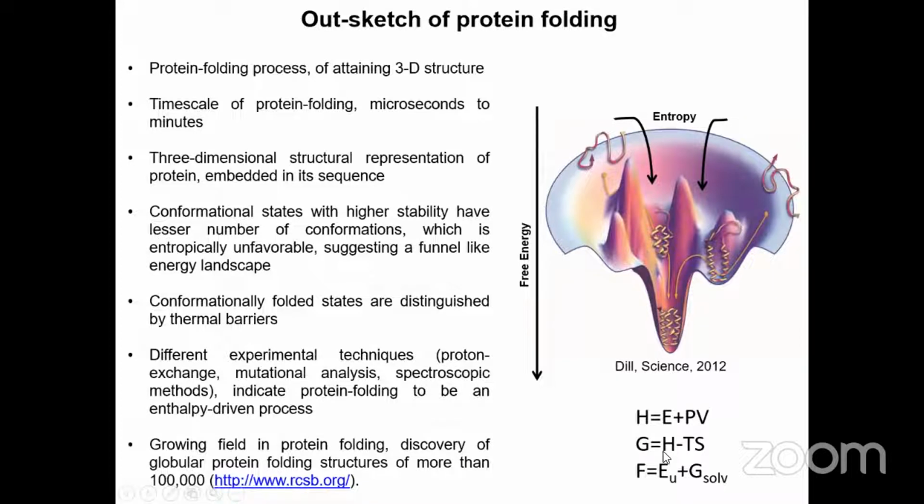Gibbs free energy, which actually depends on the enthalpic term as well as the entropic term. The entropic term is also dependent on temperature, so it's a negative term. So the more the entropy, the more negative and thereby the more stable will be the Gibbs free energy. I mean, more negative will be the Gibbs free energy, and the more stable will be the system, biomolecular system